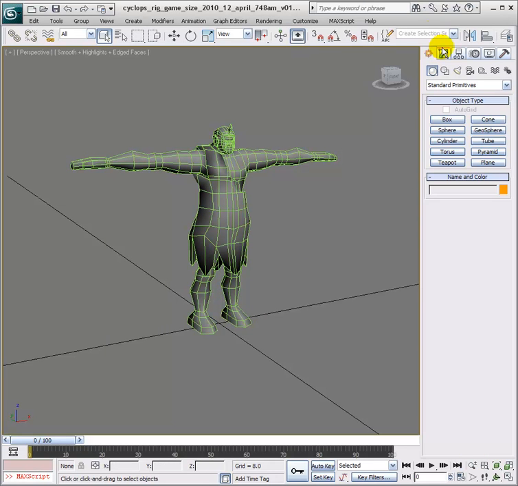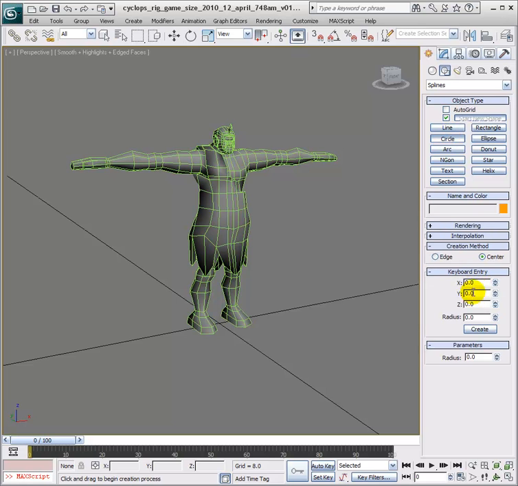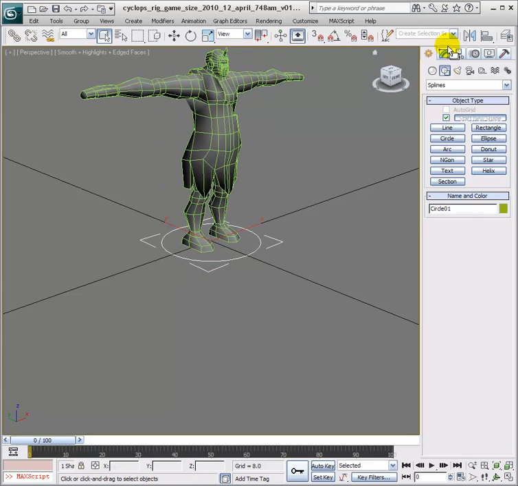It's going to start with a rig setup here. First thing I may do is go ahead and just go to the create splines, and I'm going to make a circle, keyboard entry, a radius of 1, about. I'm just going to scale this up a little bit, and the purpose of this is going to become my,